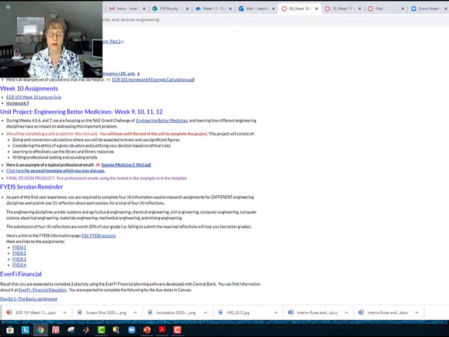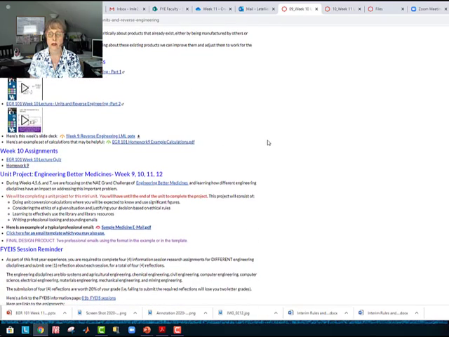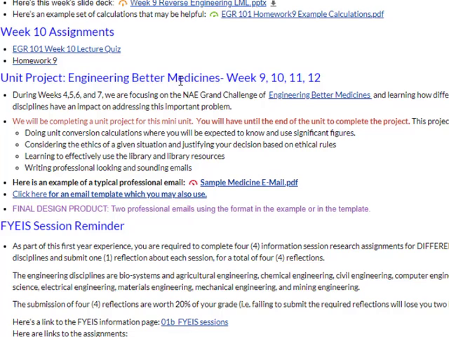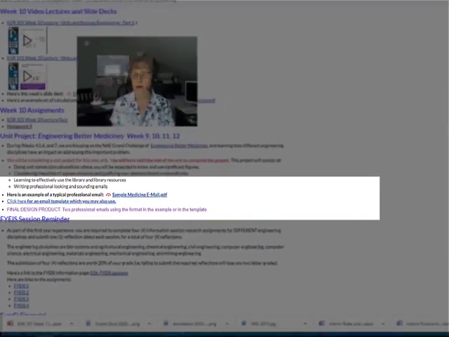If I go into the Canvas page, this was the current Canvas page for today, because I'm recording this on 3/26. We see that we have a unit project coming up, which is to write 2 professional emails, one of which relates to the sizing of the tank and the hopper that we worked on the week before spring break, and then the other email relates to the ethics question that we worked on 3 weeks ago as to whether it's ethical to discharge the 5% dextrose solution, the D5W, into Town Branch. Ultimately, what we're going to be producing is